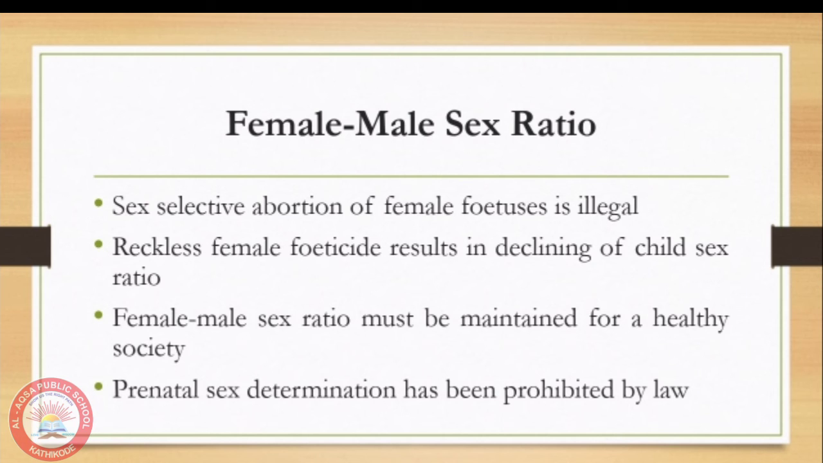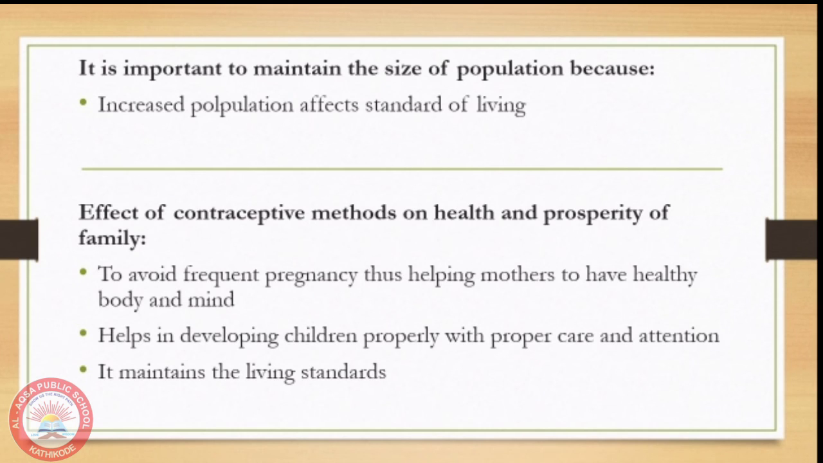This has been made illegal to maintain the female-male sex ratio. For a healthy society, it is important that the female-male sex ratio must be maintained. That is why prenatal sex determination, that is, determining the sex of the fetus before birth, has been prohibited by law. Use of contraceptive methods to control the population is very important because increased population affects the standard of living